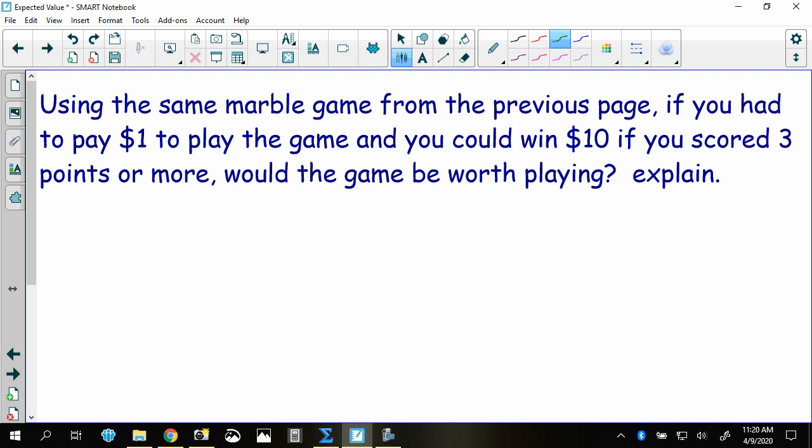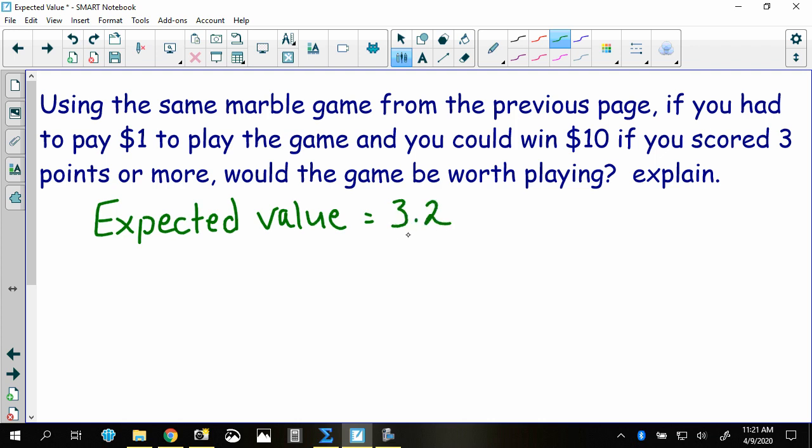Okay, so using the same marble game from the previous page, if you had to pay $1 to play the game and you could win $10 if you scored 3 points or more, would the game be worth playing? Well, considering our expected value from the previous page was a 3.2, that would mean that we're expected to get over 3 at any time we draw from the bag. So if we paid $1,